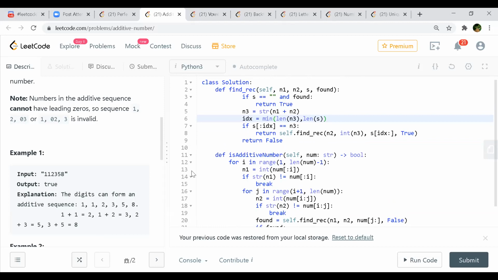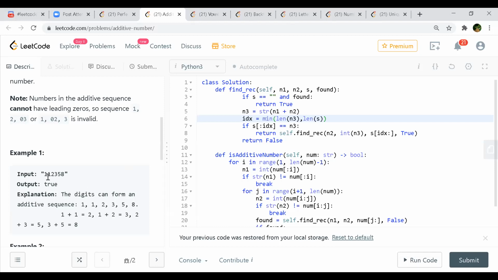But again, we are converting to string, and then comparing the result we get with the next. For every pair we choose for A and B, we are traversing the entire string, right? We are not traversing the entire string. If we get it in the third itself, then we are done, right?